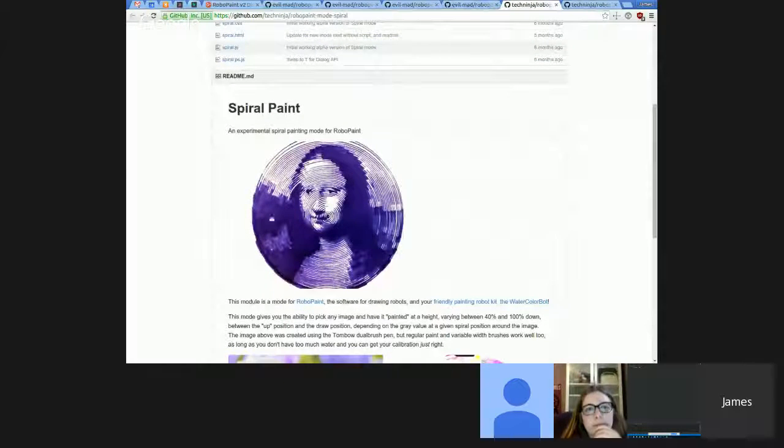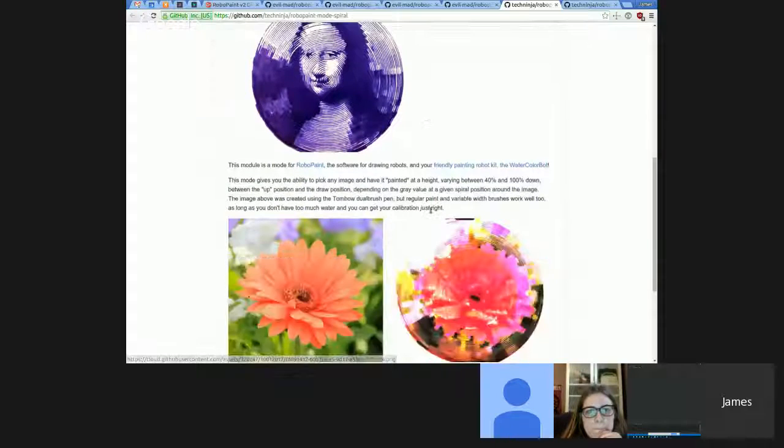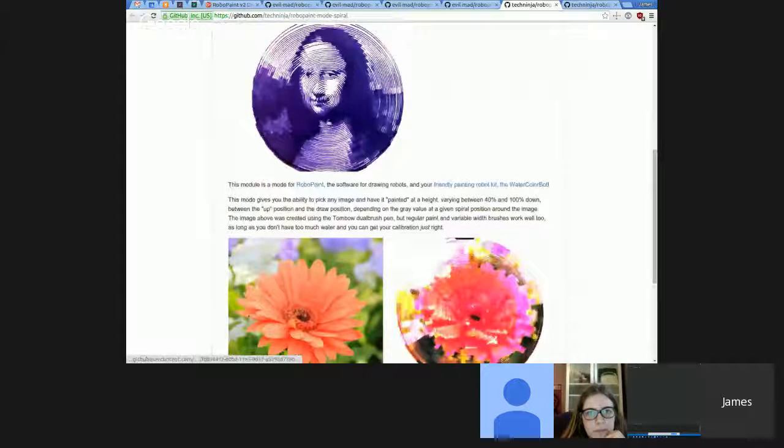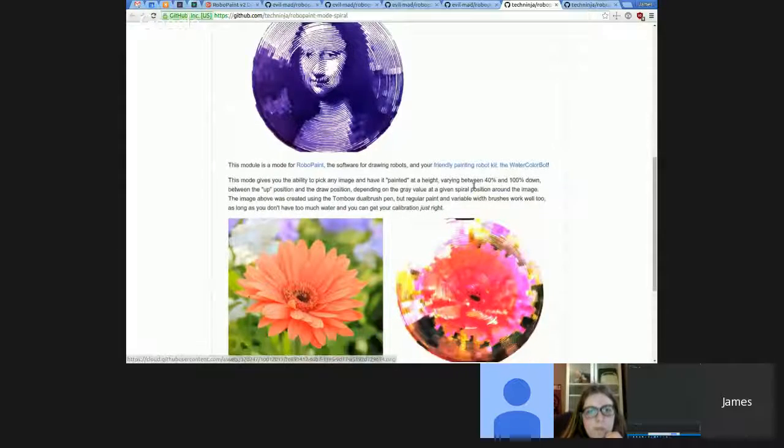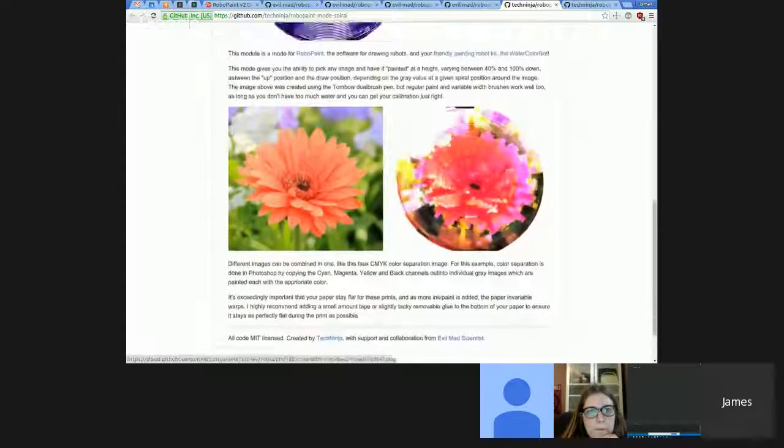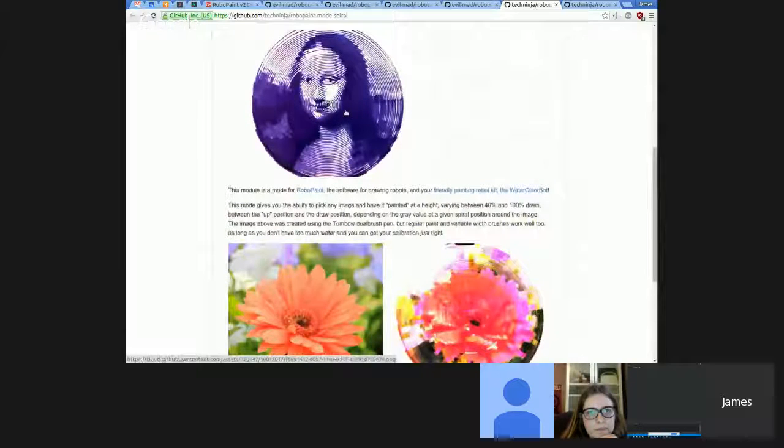This is a real picture of a real print from a raster image, which is made up of pixels. There's a spiral thing that you can do in one of the libraries called Paper.js, and I was able to pretty easily have it go along and look at a pixel and see how dark it was, and it would push a little bit further down to make a slightly darker area there, and then a slightly lighter area where it would lift up on that. You get that from having a pen that has a little bit of bend to it.